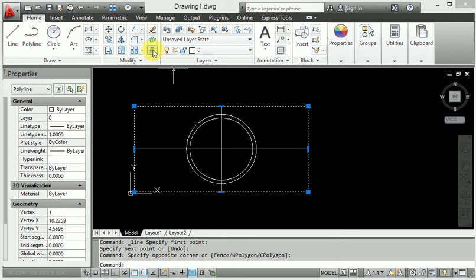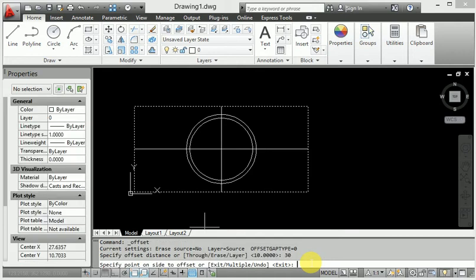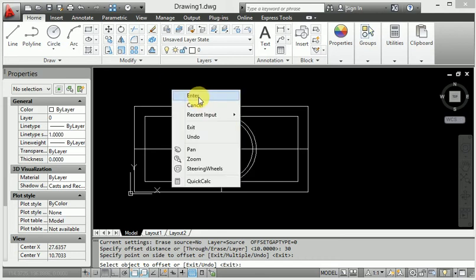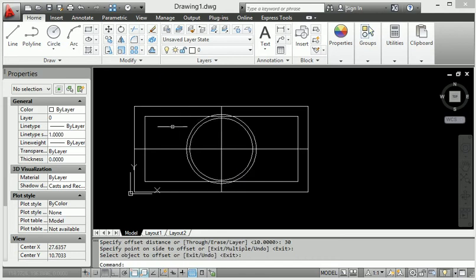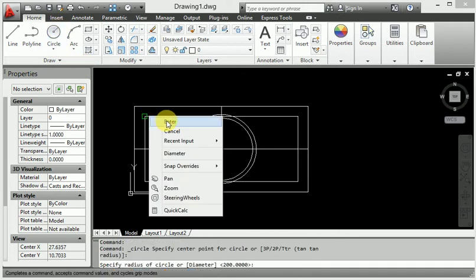Again I will show you this rectangle selected here, and again select the offset command, then provide the distance here. I will give the distance of 30 mm, then provide the inner side offset.